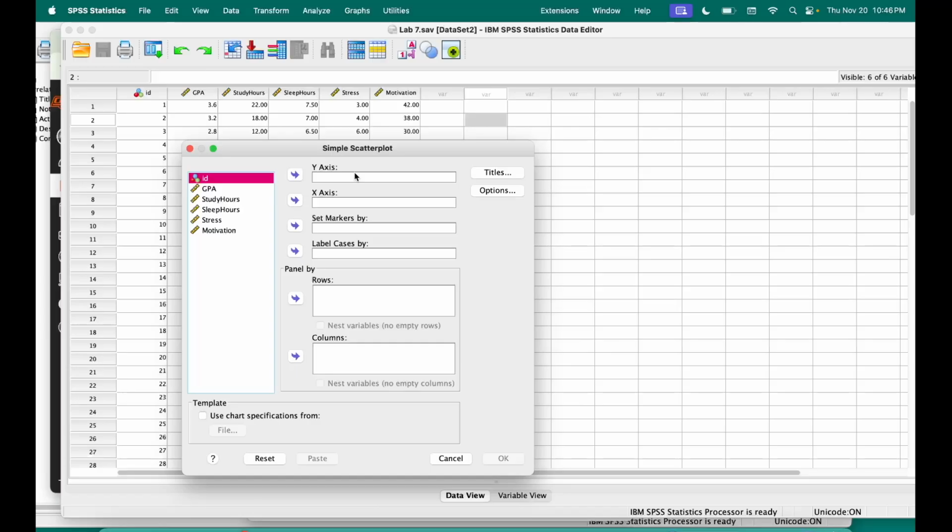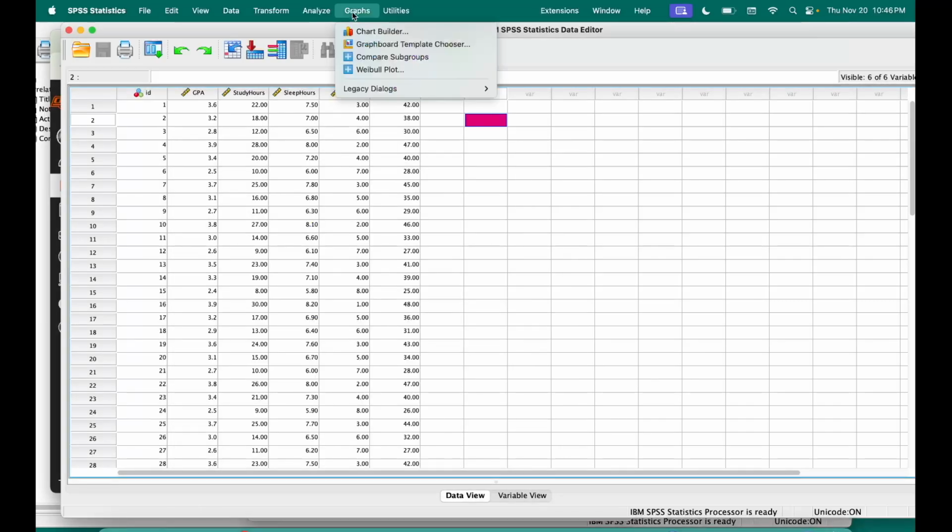So that's why I don't have any requirement about which one you put where. So whatever relationship you're examining, I'm not saying, okay, well, you have to put study hours on the x-axis, or vice versa. That's up to you, but you just need to plot those two variables with a scatter plot. So I showed you, I believe, using legacy dialogues, but there's also the chart builder,